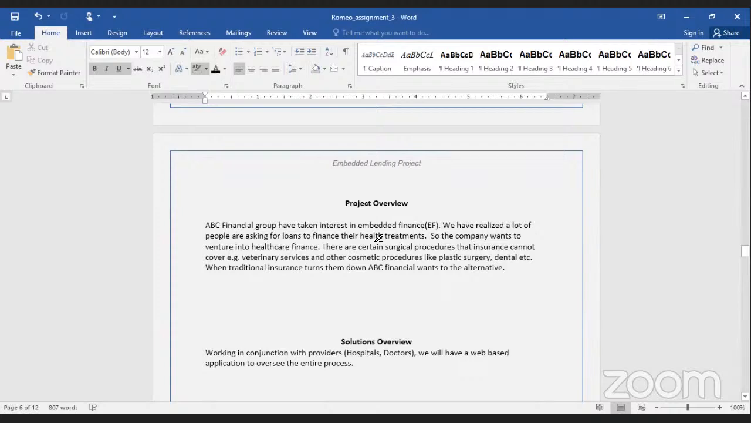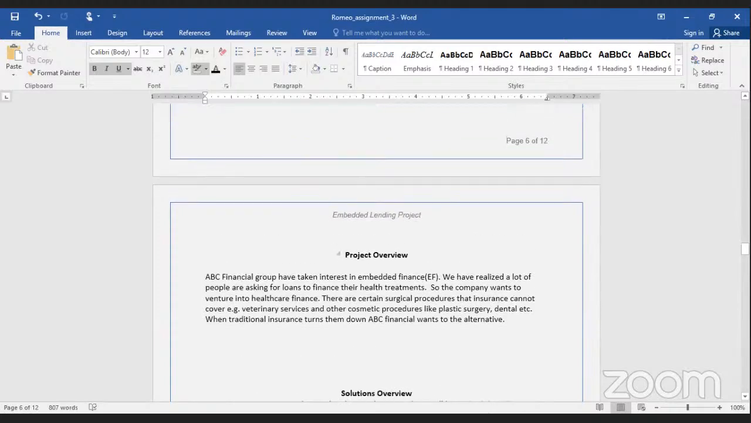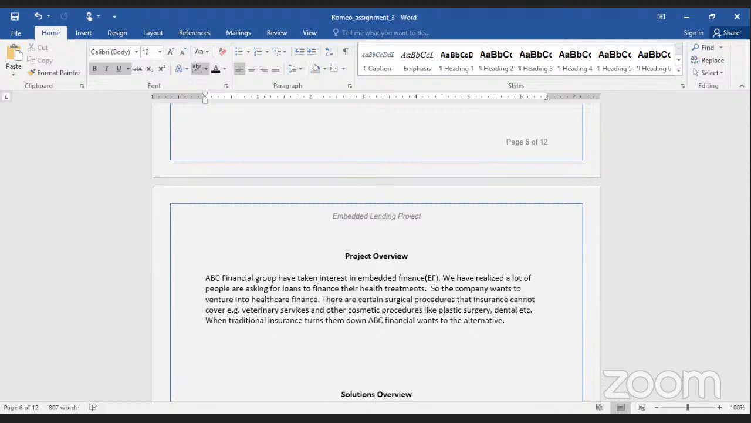The project overview is, in other words, the business overview or the business problem. In other words, we say the business problem. Now, so what is the problem? ABC